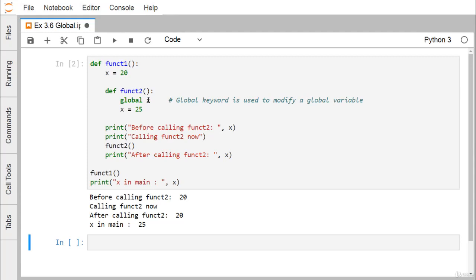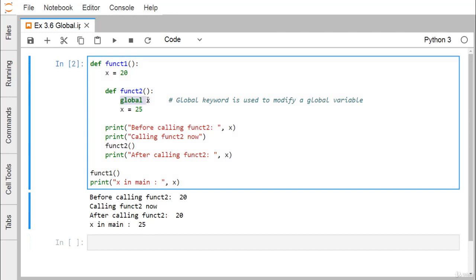If we want to print the global x, then after calling function 1, we can directly print x, because that x has the global scope. That means it is not within function 2 or function 1; it is outside of them. So whenever you print the value of x from outside of function 1, we get the value 25. I think you are getting this idea. With global x, we are defining one variable x which has the global scope. That means we define a global variable, and that global variable is getting initialized with the value 25 here.